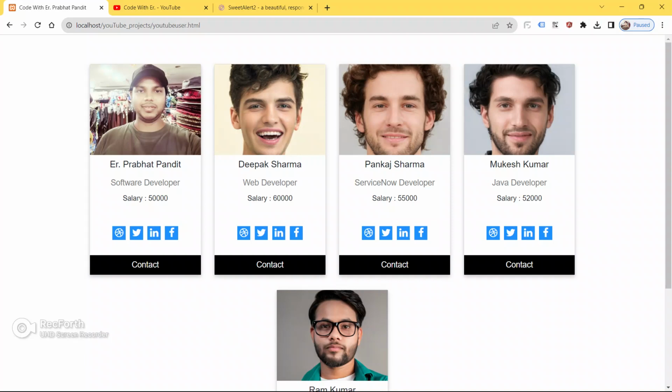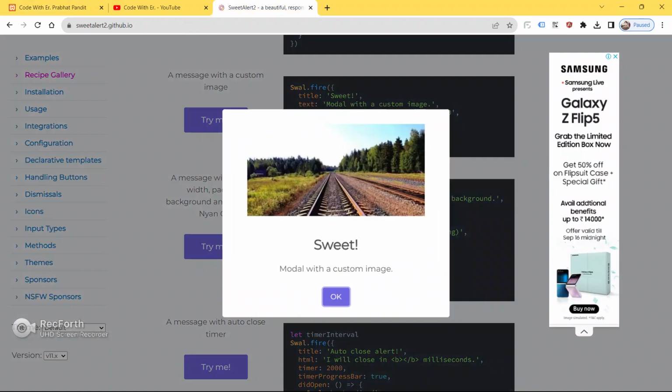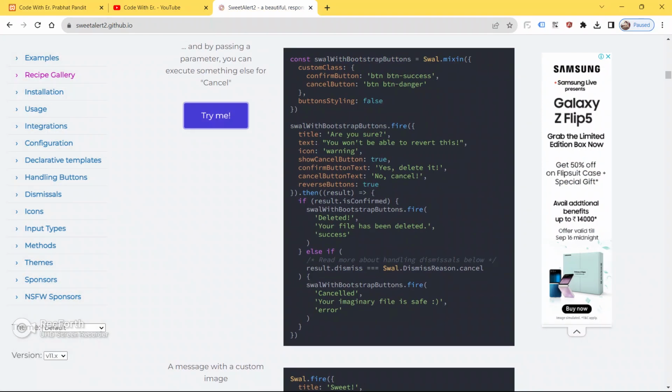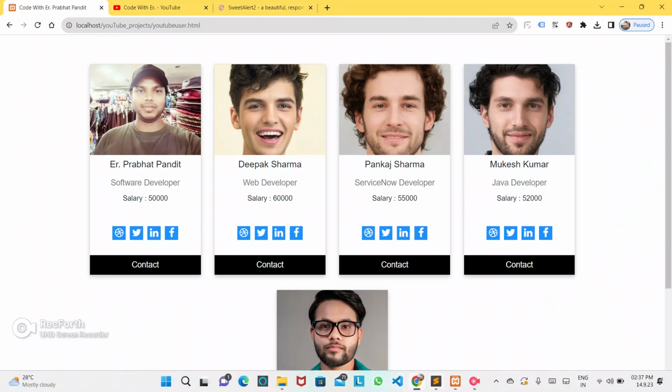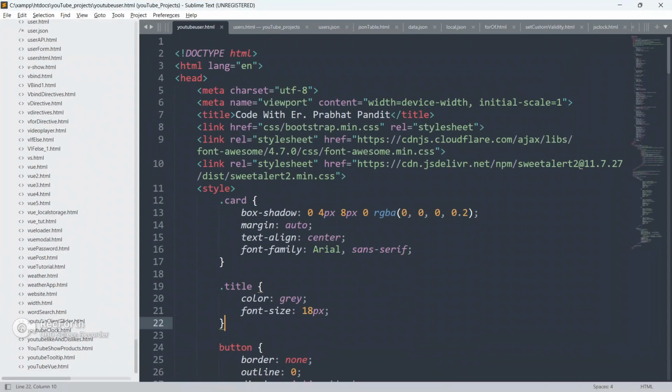Okay, so now let's learn and let's code how to build this kind of application using HTML, CSS, Vue.js and Sweet Alert 2. This alert I've already showed you, but I will teach you in this video how to use this alert in our application, in our programming. Okay, so now let's go to the code editor.